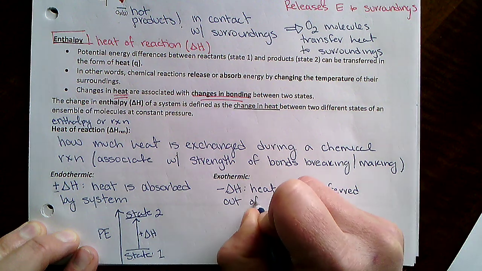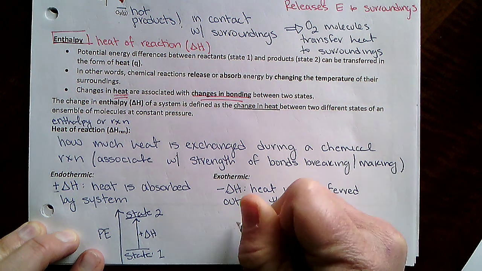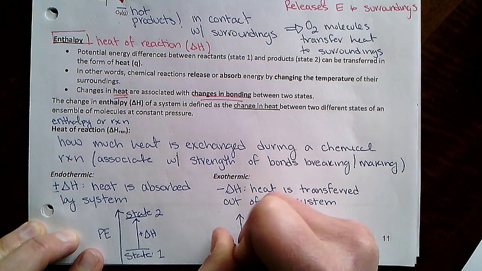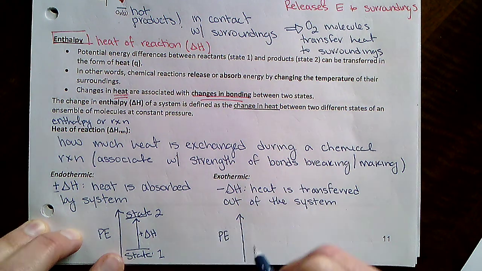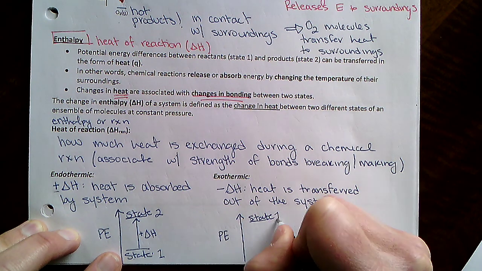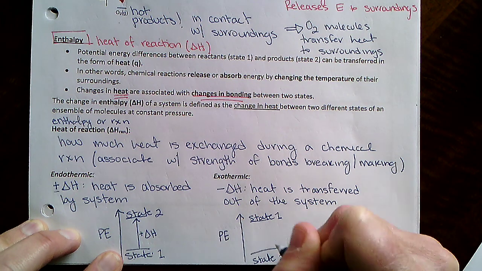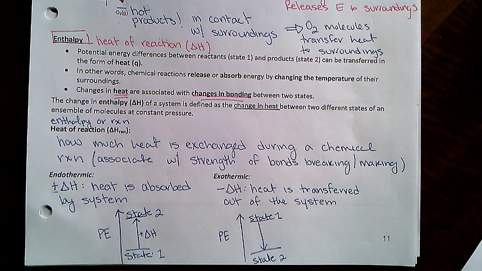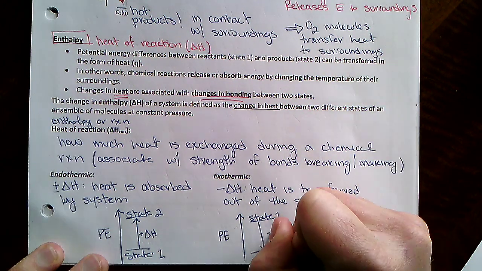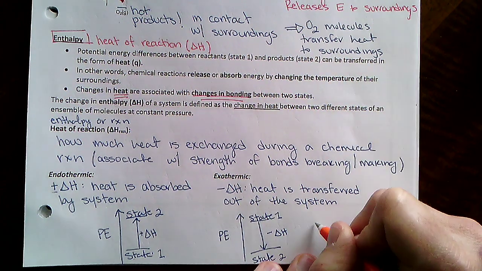Out of the system. So your potential energy diagram looks like state 1 being less stable and you're making something more stable. You're decreasing the potential energy. The change in enthalpy, or the heat of the reaction, is negative. And delta H